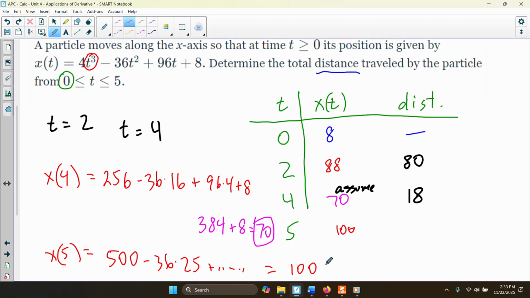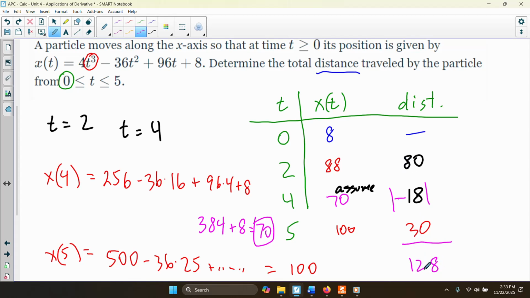pre-algebra arithmetic. So what is the distance that I traveled between here and here? This is when I turned around, and this is where I just kept going from now on. So this is 30, right? And what you're doing is adding your distances. So this is 80, and it doesn't matter whether you went up or down. It really does not matter here. Even if you went down by 18 floors, it is the absolute value that matters. So 80 plus 30 is 110,